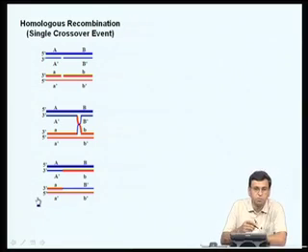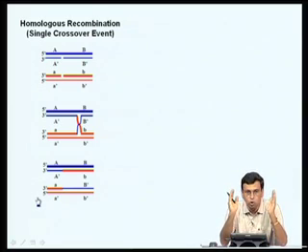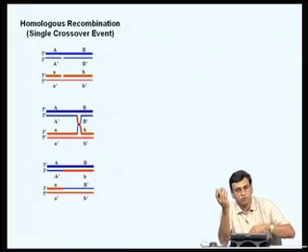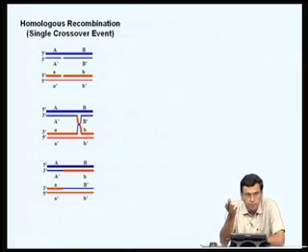So the key mechanism involved in generating a knockout mouse is homologous recombination. I am sure all of you have studied what is homologous recombination. Homologous recombination normally takes place when the maternal and paternal chromosome come together, especially during meiosis, and exchange parts of their chromosome. This is the molecular basis for the differentiation, which usually happens during the meiosis in the